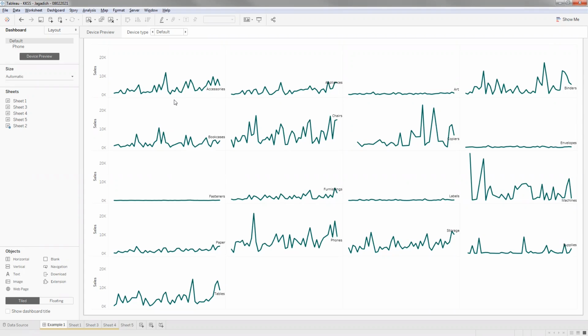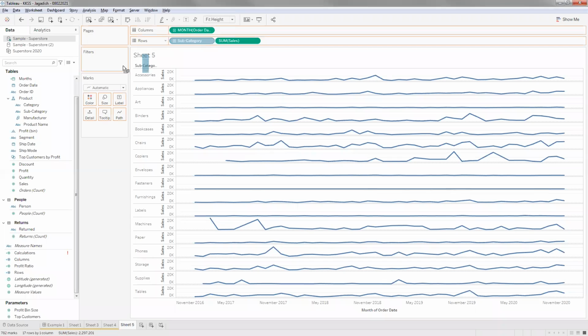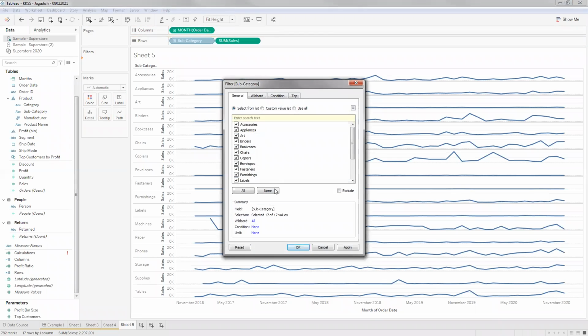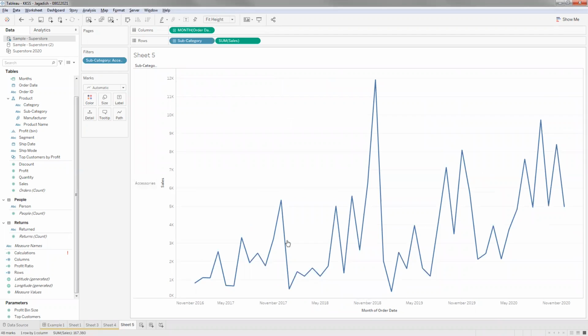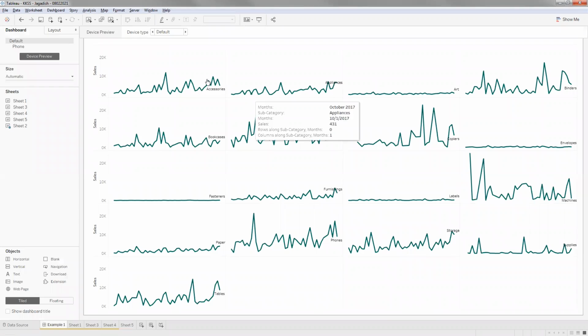For example, if I have to create a grid like this, I'll create this one, pull my subcategory into filters and create one for accessories, so I have my accessories chart in one sheet. I'll create all 17 sheets for 17 subcategories, each sheet having one subcategory, and club them together in this shape in the dashboard. Then I arrive at this grid-like structure.